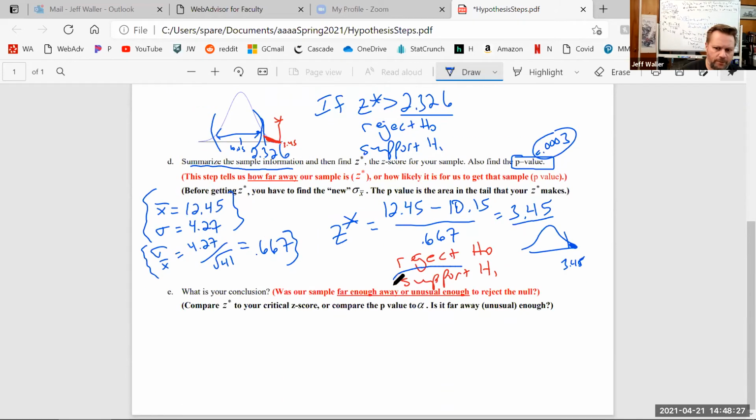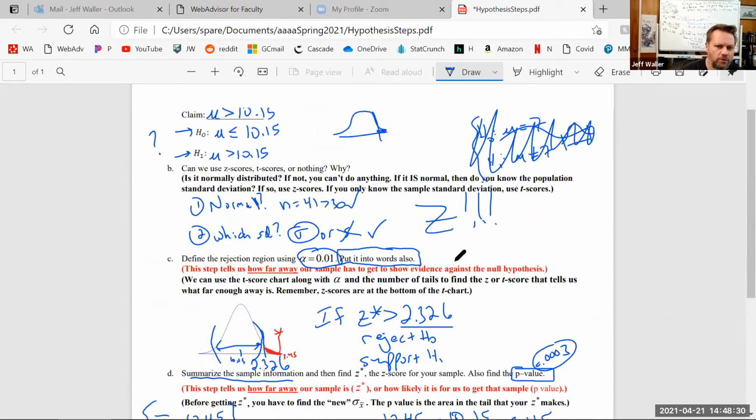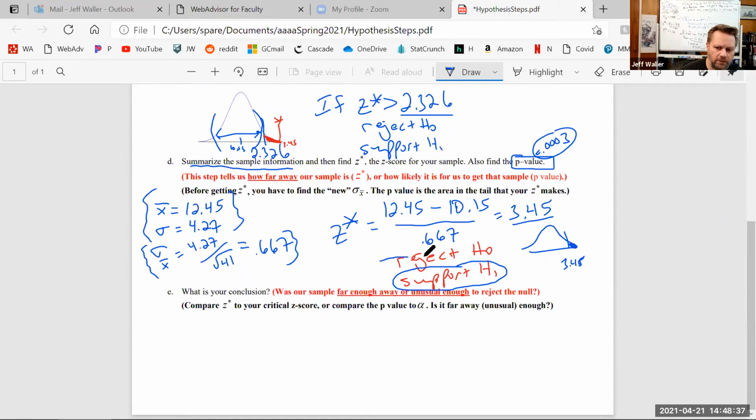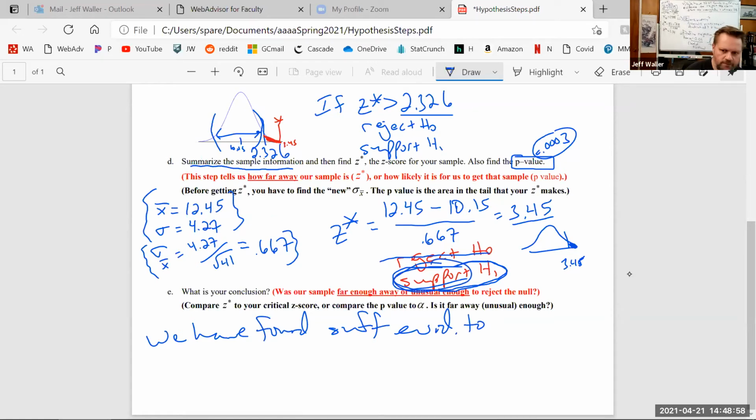So that's why we support the high. In fact, which one of these was the claim? The high. So I want to word my conclusion based on which one was the claim. So how does my conclusion go? Because we support it, we made it. We succeeded. We have found sufficient evidence to support the claim that